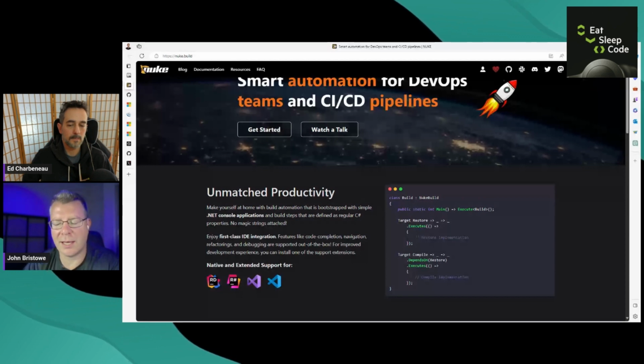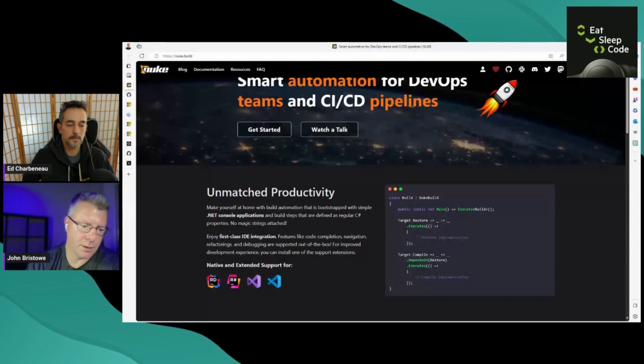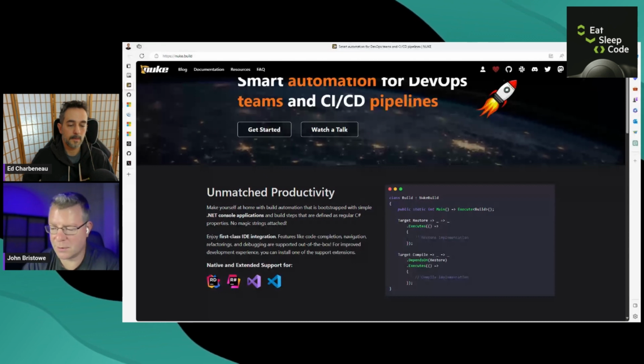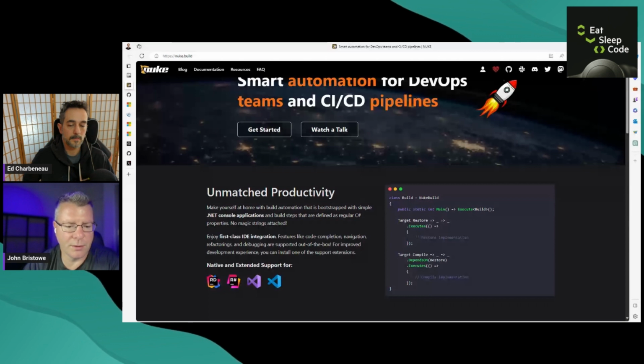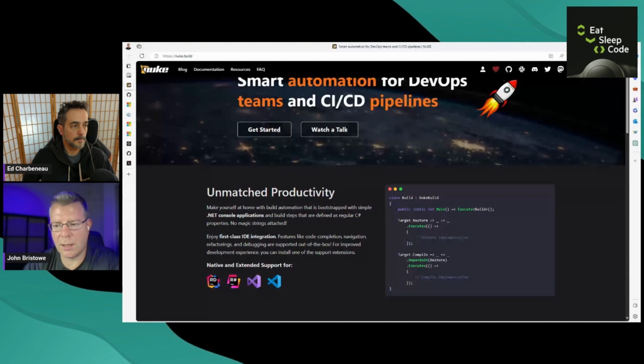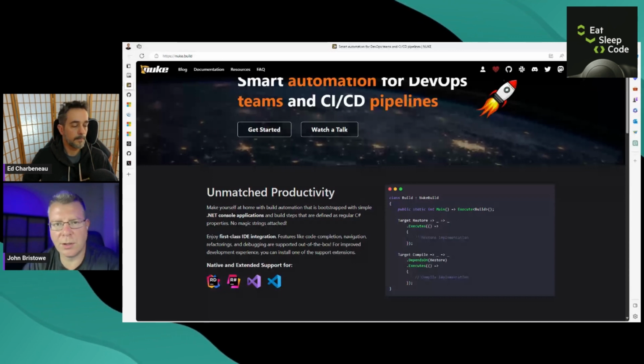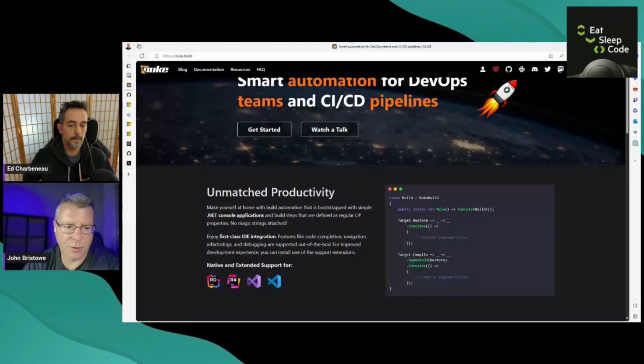So Nuke, Cake, and others are basically ways of setting up continuous integration. And we use Nuke ourselves. We've used Cake in the past. We've used a bunch of other tools as well. But what this basically allows you to do is set up your builds in C# if you so wish. Which is a nice thing if you're doing anything with .NET. People don't have to learn a new language or a DSL for building, you can actually use